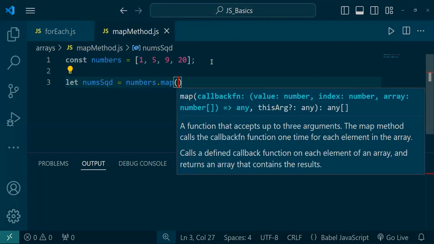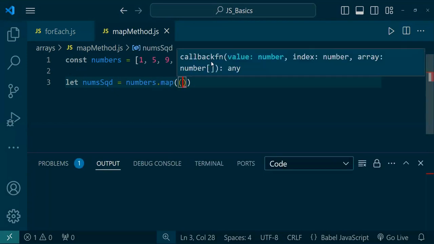The same parameters that we had in the previous forEach method are also used here: the current value, the index, and the array. But since we are only interested in finding the square, we only use the first parameter, the current value. So I'll use my parentheses there and say